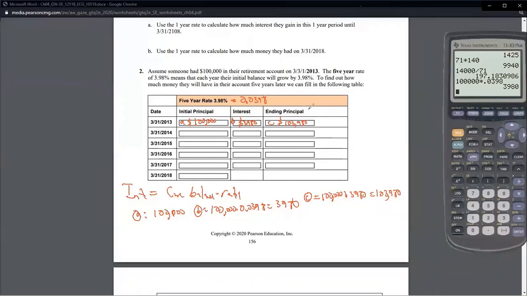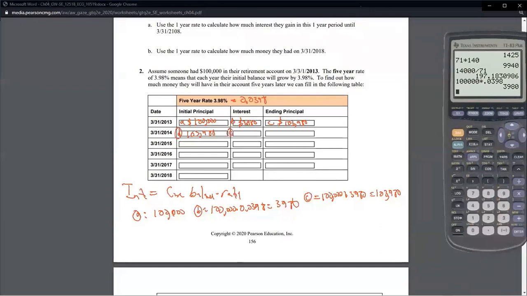That's this entire concept. So now, from March 31st, 2013, or April 1st, whenever the money hits your account, until March 31st, 2014, this is how much money you have in your account. So the initial principal here is the same as the ending principal here. Again, going back to the beginning of the semester, this is something we talked about with Excel, where we can link a new balance to an old balance by just going equals and then whatever this cell reference was. But we're not using Excel here, so this is just the same thing of $103,980. So that would be block D. I'm not even going to write that down there.